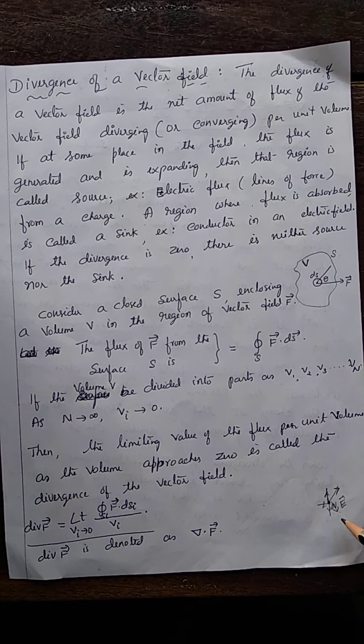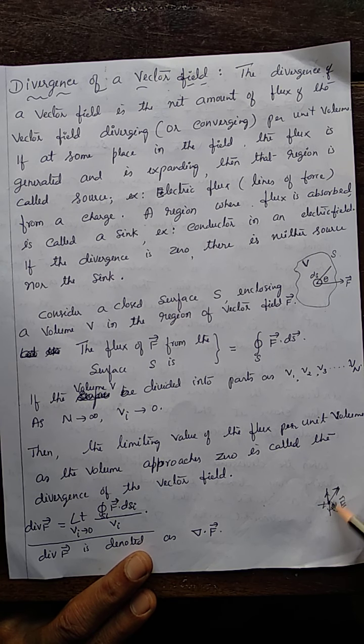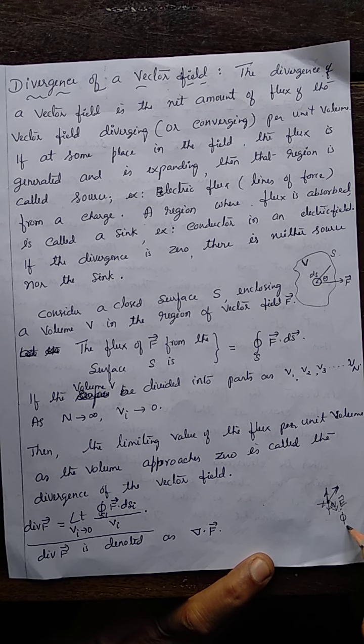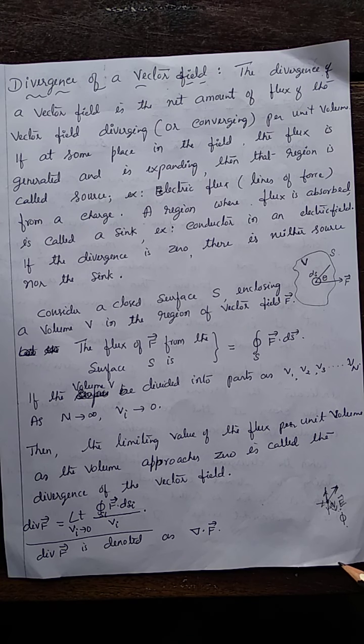The same applies in the case of a magnetic field, with magnetic lines of force. So the flux of the vector field diverging means moving away from the point, per unit volume surrounding the given point. That is called the divergence. In this example we consider the electric flux, the number of lines, denoted as phi. The electric field is a vector quantity, while flux is a scalar.